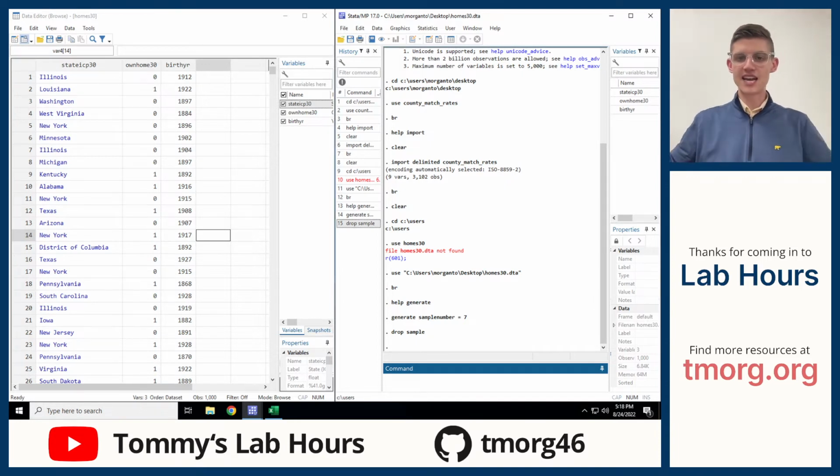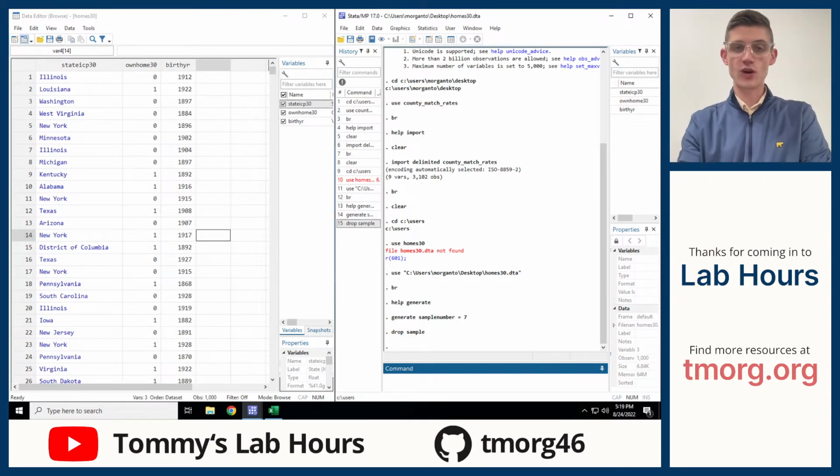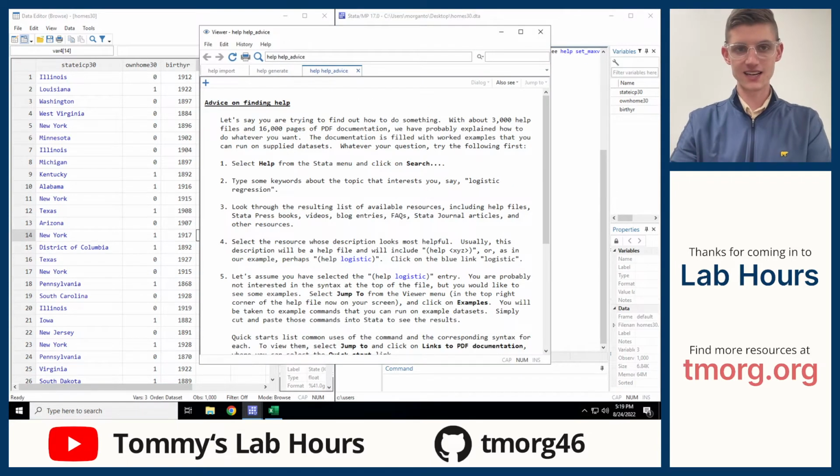Just off the top of my head, what I can do is, instead of messing with birth year, if I want to leave the original one there because I have old code that calls it, for example, and I don't want to mess with that, but I also want to use a fixed version of the variable, I could generate, or just type gen. One interesting thing about generate is that,